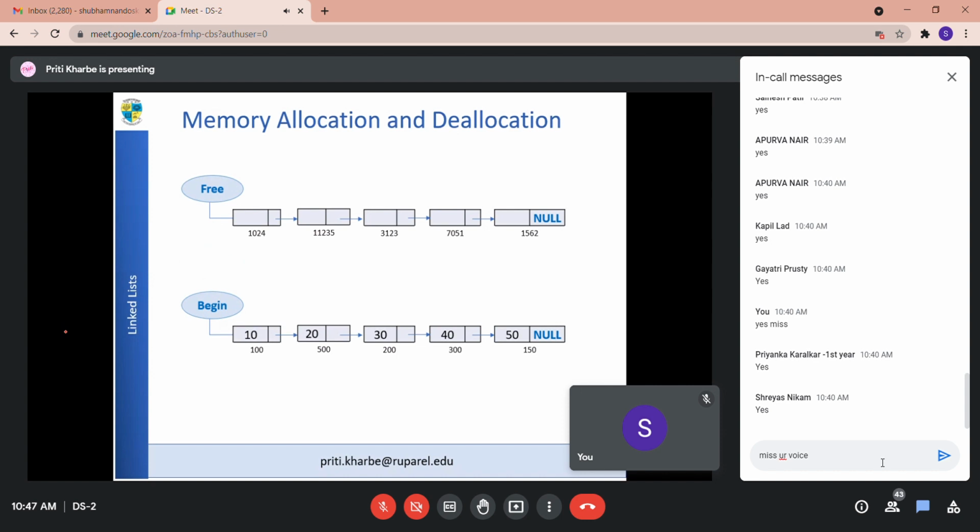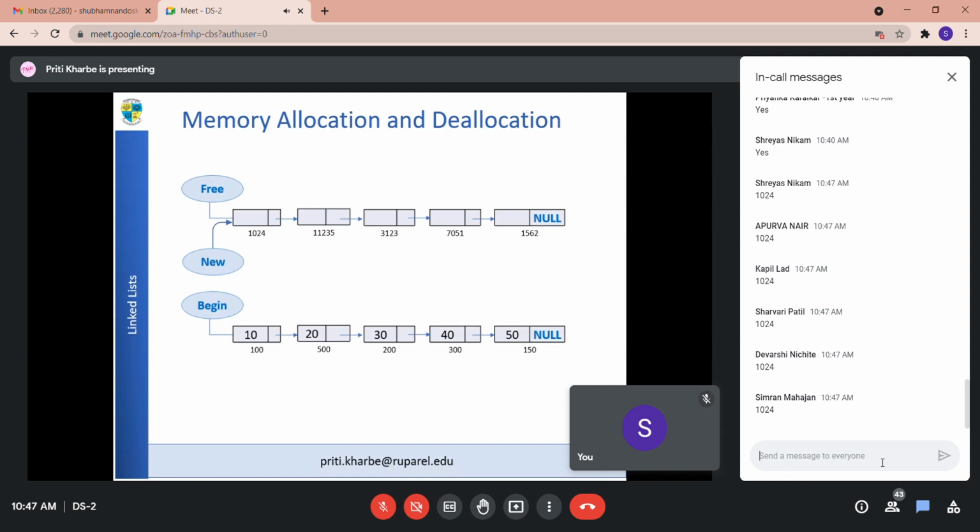When you tell it you want a free node, new's value will be set to the first node's address. What is the address of the first node in the free storage list? 1024. So now new's value will be set to 1024.